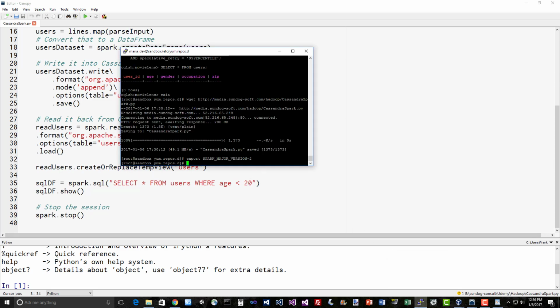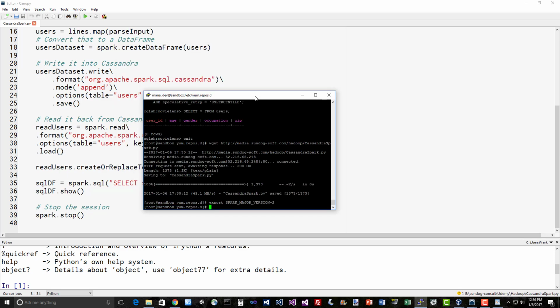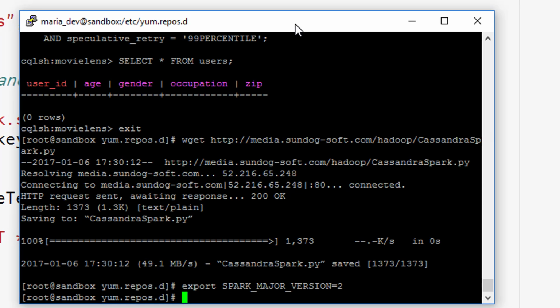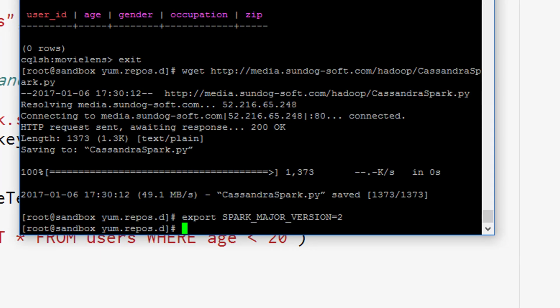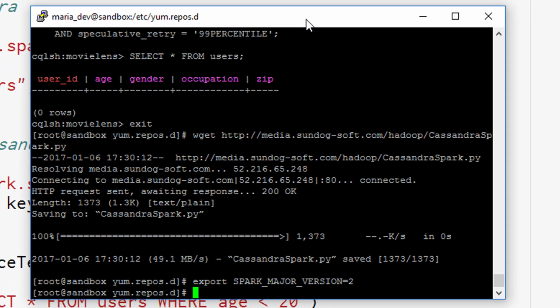All right. Now, one little trick. You can't just pass in org.apache.datastax.sql.cassandra and expect it to just work. It has to know where to find that package. So we do need to pass that in as a parameter to our script when we run it. So let's do it this way. We'll type in spark-submit. That's the wrapper script for Spark that submits the script to our cluster. And we'll say --packages